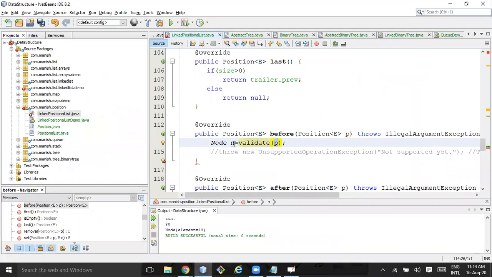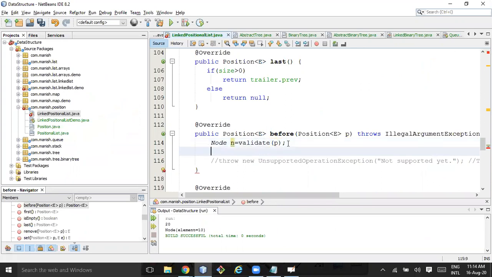Okay, now I got this one. Now if this is valid, then I can say n dot get previous. I'll just return n dot get previous. So it is returning what? N dot get previous will return node type, but position is the superclass, so it's fine. Or you can do something like this also. Both are correct.